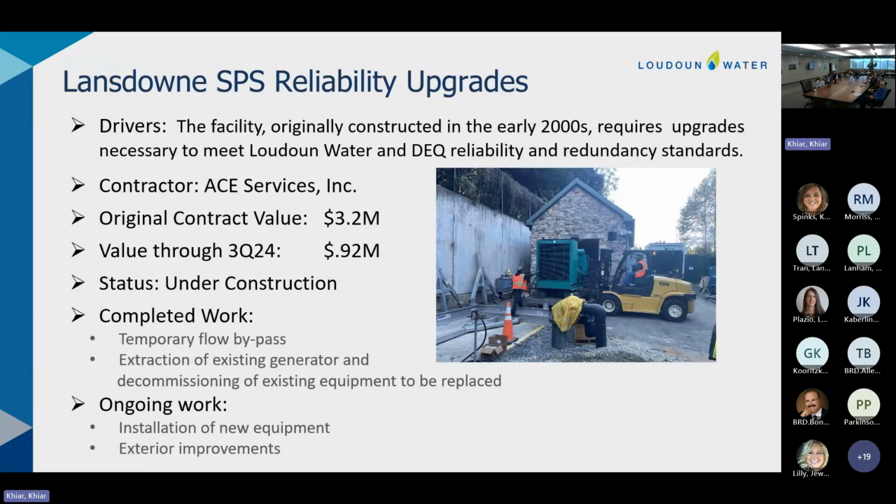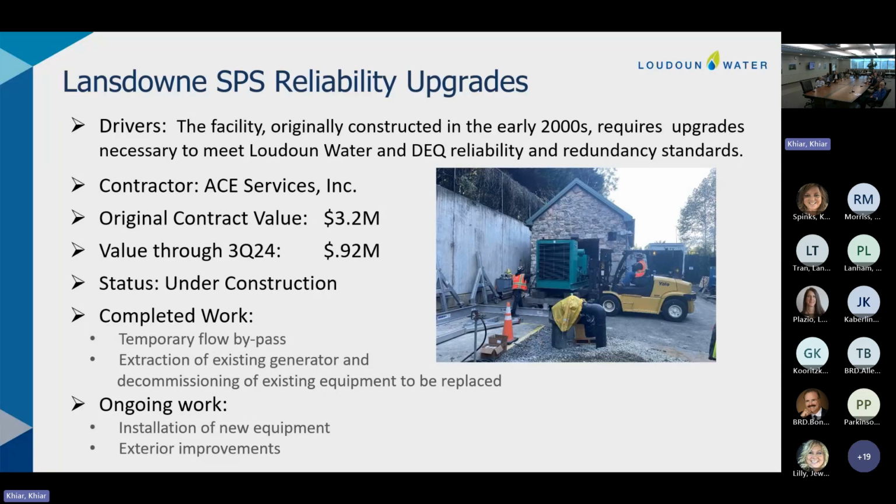On the Lansdowne SPS reliability upgrades, this is part of our efforts to bring relatively older pump stations back into DEQ and Loudoun Water reliability and redundancy standards. So it needed a little bit of work to replace some electrical equipment, some controls equipment, some exterior improvements as well on this project.